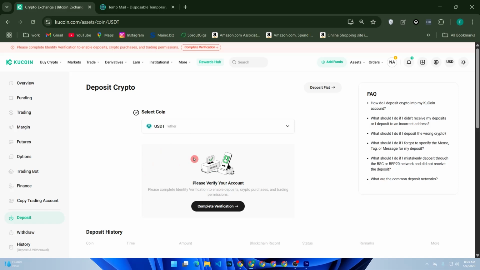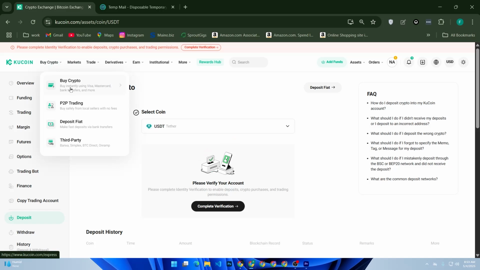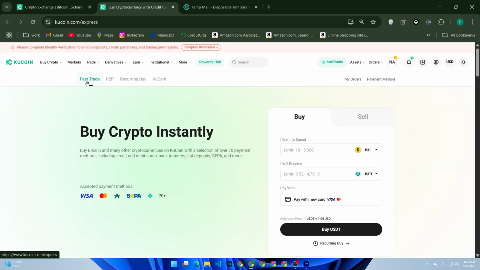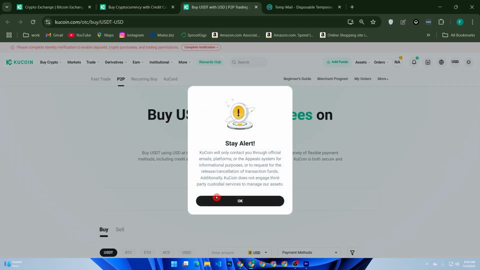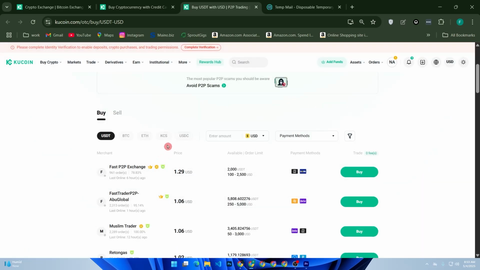Step 2, go to buy crypto, then P2P, to buy USDT directly from other users using local payment methods like bank transfer, GPay, or even Paytm, depending on your region. Just click